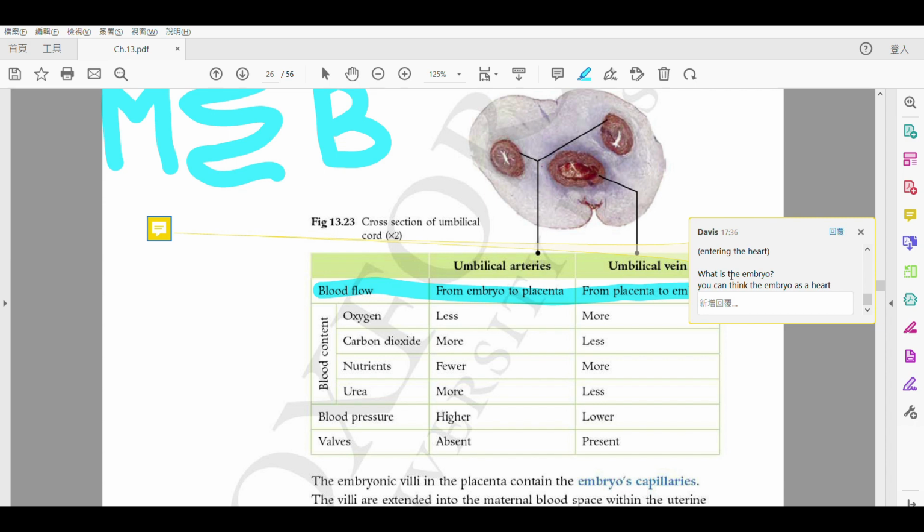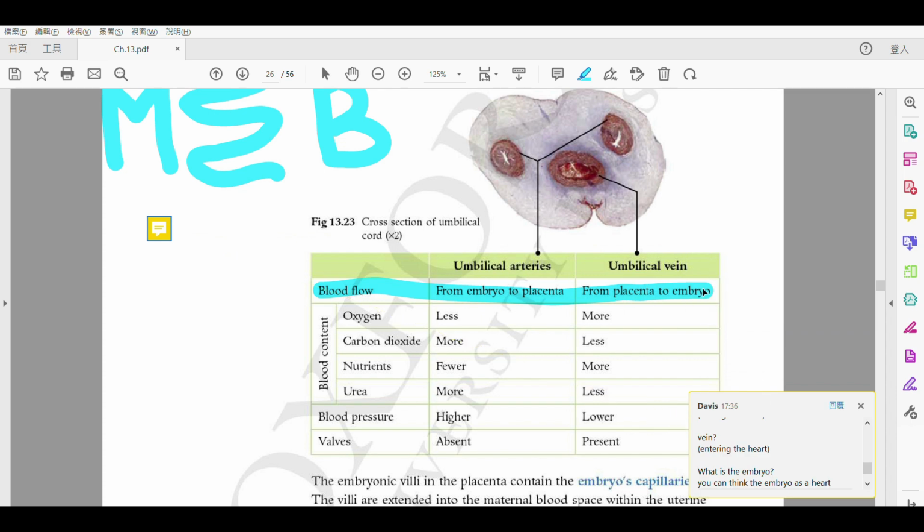What does it mean by embryo as a heart? 而家去諗咯喎。啱啱講咗 entering the heart，即係 entering the embryo 啦。From the placenta to the embryo，即係 entering the embryo，就等於 vein 啦。Leaving the heart, leaving the embryo，即係 from embryo to placenta，呢個就係 artery。